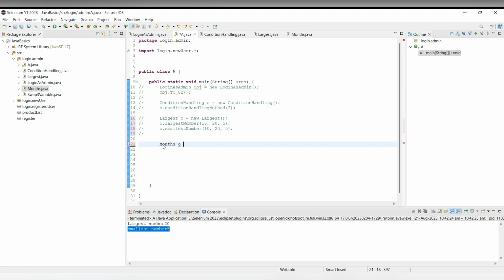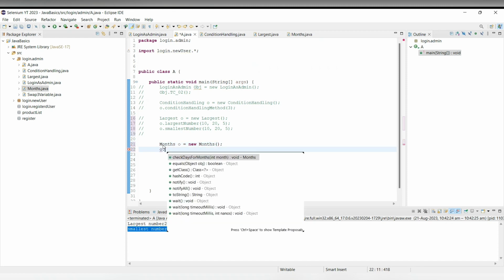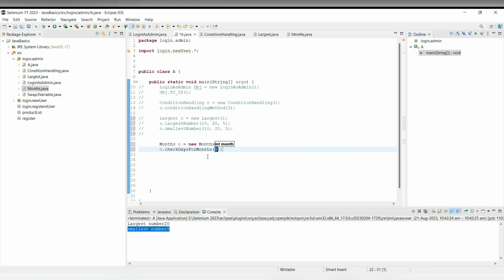So Month o is equal to new Month. Okay. And o dot check days for the month. And suppose first I will give some value greater than 12. Okay,